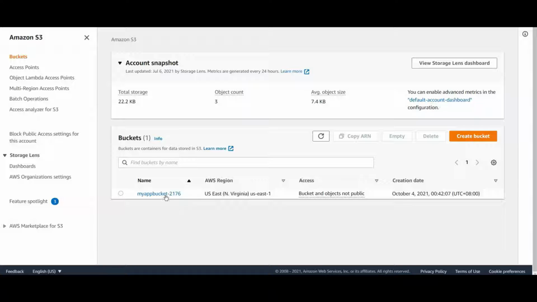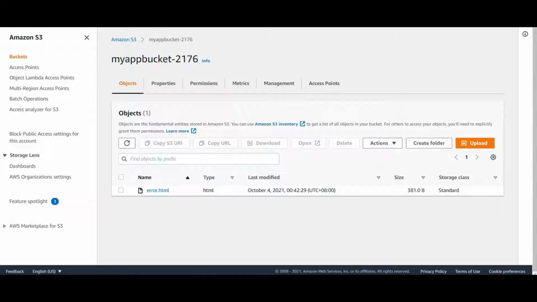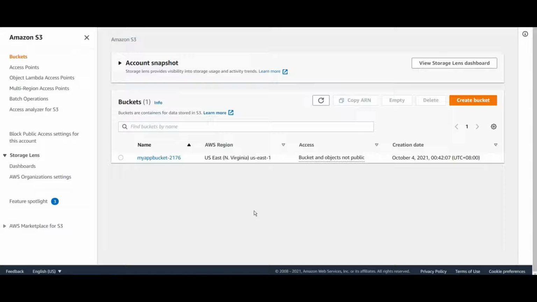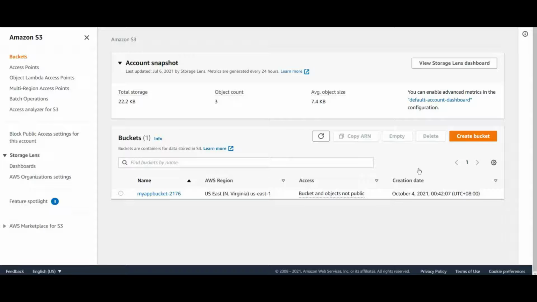Now I already have a bucket which has some files inside it. I'm going to create a replication for this bucket. For this, I'm going to create a new bucket in a different region, in US West. Though S3 buckets are globally available, they are specifically stored in some region. Now my existing bucket is in North Virginia. I will create a new bucket as a DR solution.